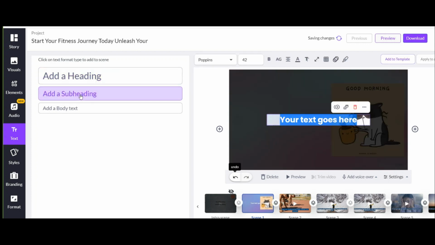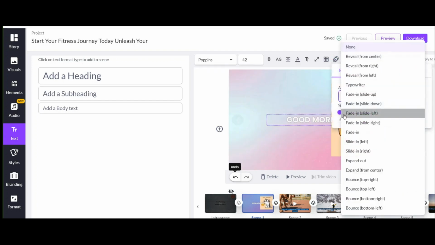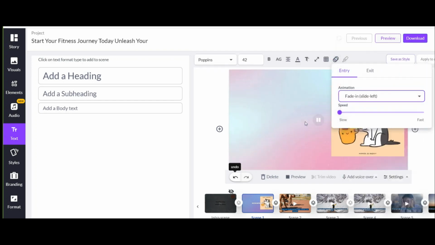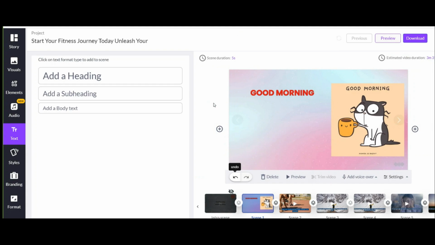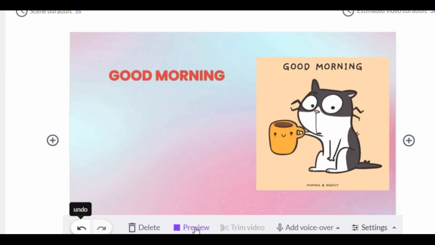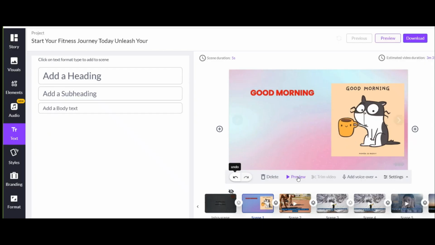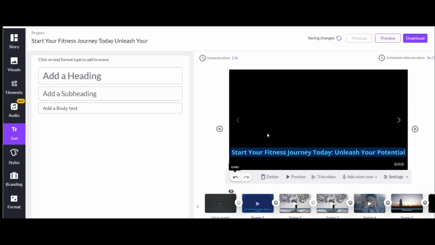From this part, you can add as many texts as you want. If you want, you can use this option to add a special animation on any text. For example, I do this for this slide. This work is not necessary for motivational videos at all, and it is only to show you how powerful Pictory is. And that's why I delete this slide after I show it to you. It's really good that Pictory is not just a video editor, but it gives you a lot of possibilities to make A to Z high quality videos with its help.